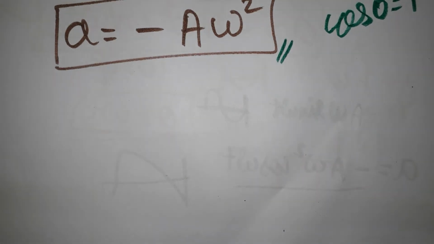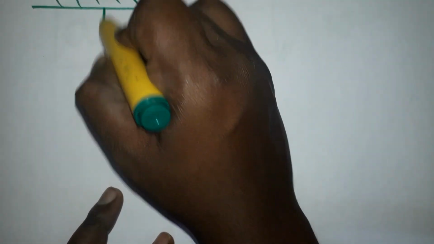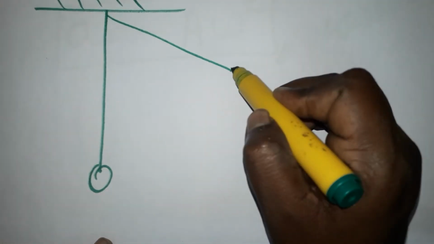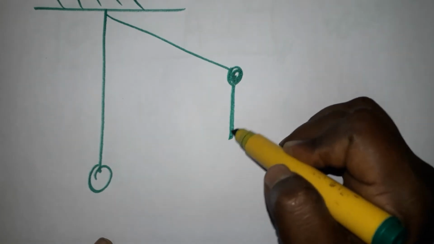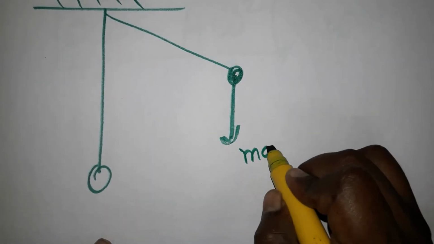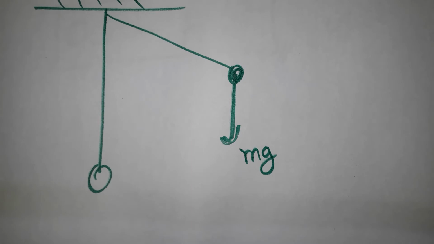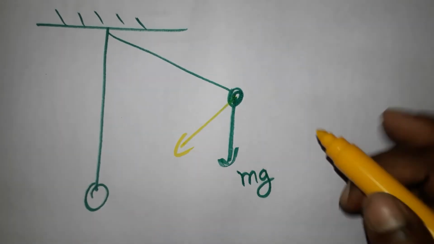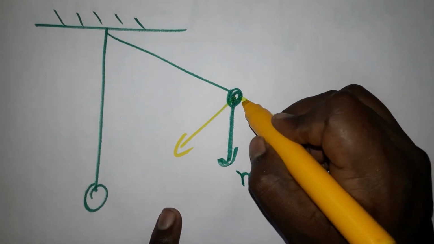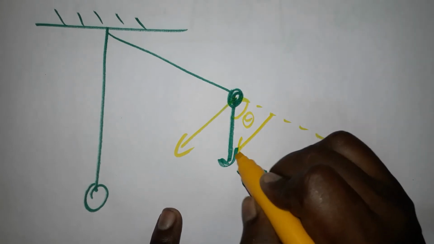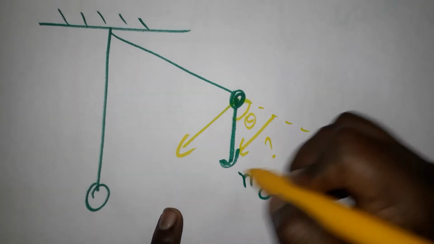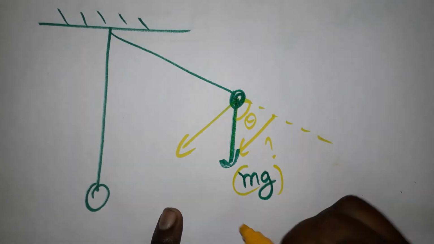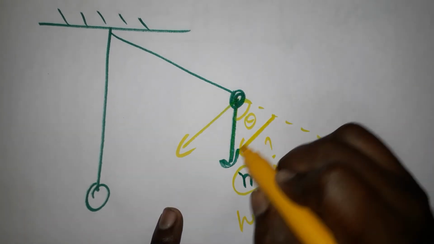Now I come to the pendulum. I have the simple pendulum like this. At this particular position, the weight Mg will be acting this side. I don't know how much force will be acting on this side, so I have just taken a straight line to this. This is theta, and this side is the question mark. For this small triangle, Mg is the hypotenuse side, and this is the opposite side.